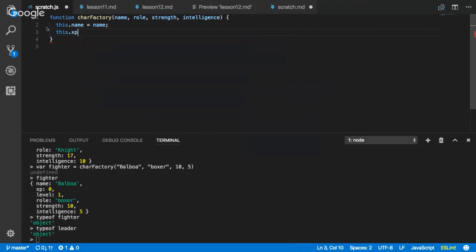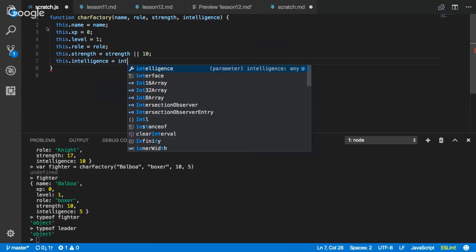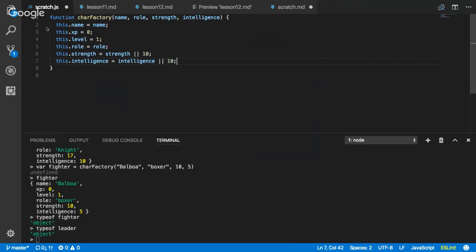So we can also set XP the same way, and level, and role. And we can do strength, intelligence, doing the exact same thing. Now, one of the differences here with a constructor function and a factory function is this doesn't need to return an object itself, because we call it with this new keyword. And by calling it with that new keyword, I'm gonna change the name of this too to be